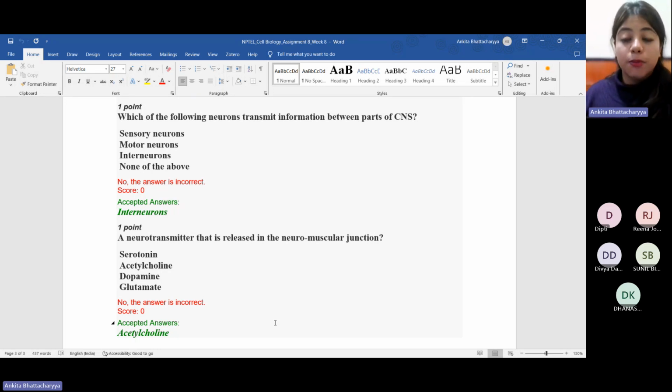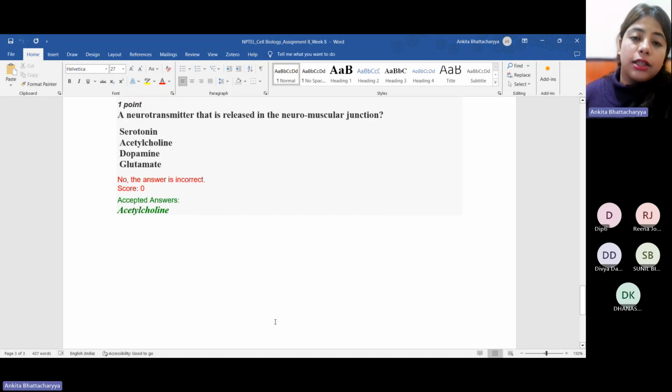Now, this information is being relayed from the source, which is the open flame, to the brain, which responds to the fact that now this hand muscle needs to be moved away from the open flame, and relays that information back to the hand. So there is an entire system which allows us to communicate that this is the stimulus and therefore this should be the response. So between these three subtypes, the transmission of information is being carried out by interneurons.